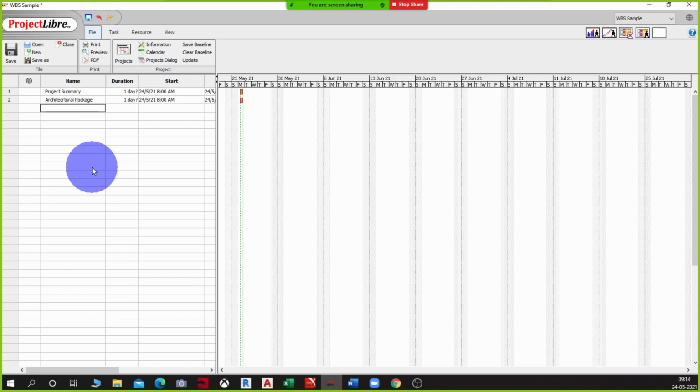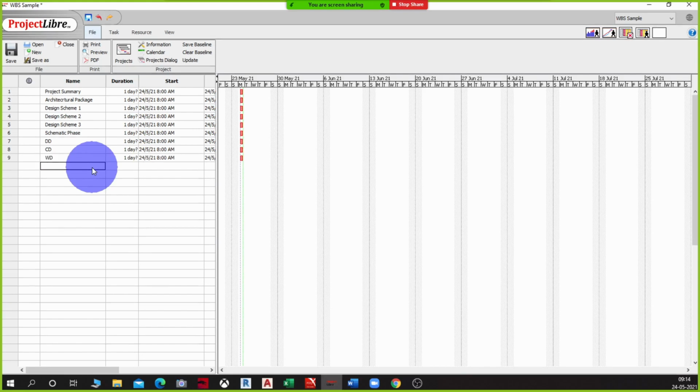Then I'll call this design scheme 1, design scheme 2, schematic phase, DD, design documentation, and then construction documentation, and then working drawings, WD. Let's consider these as architectural packages.